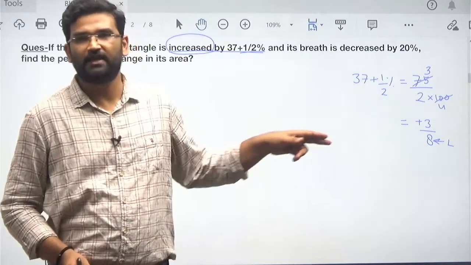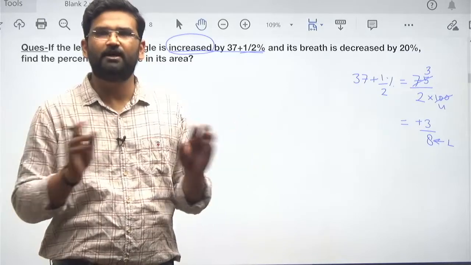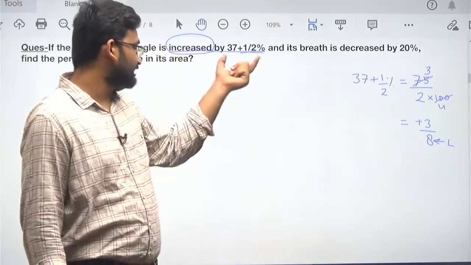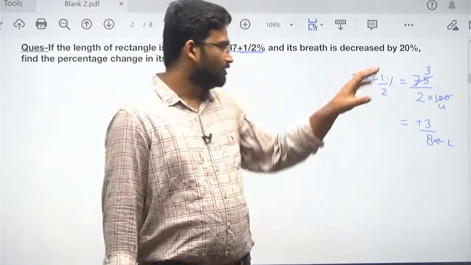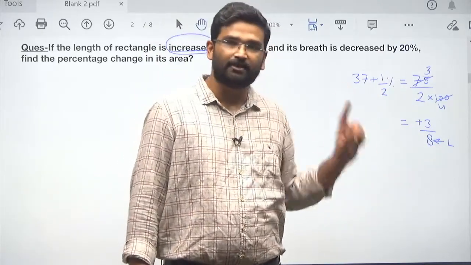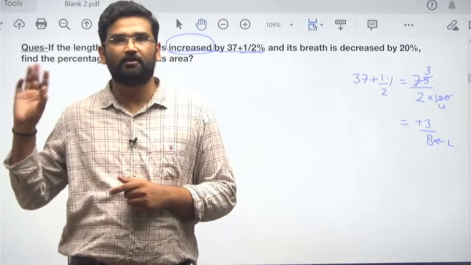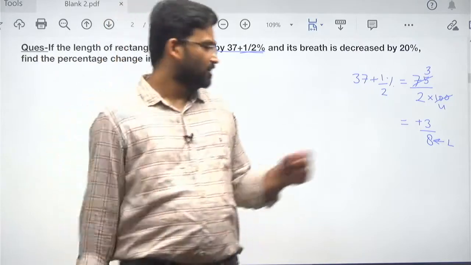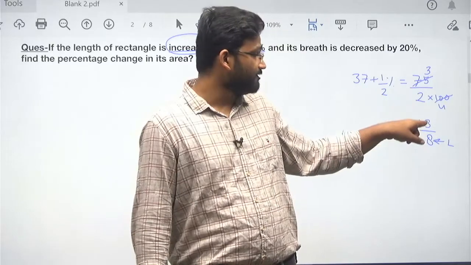See, these are the approach which we are going to follow, okay? No any use of fraction, no any use of variable, and no any use of formula. Length is increased by 37 whole 1/2%. So what first of all we will do, we will convert this figure into fraction. Fraction came 3/8. So here 8 is the original length and this length has been increased. It is already written in the question that length is increased. So here original length is 8 and the new length is increased by 5.